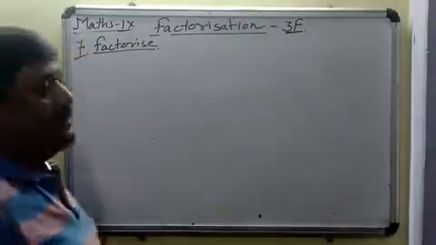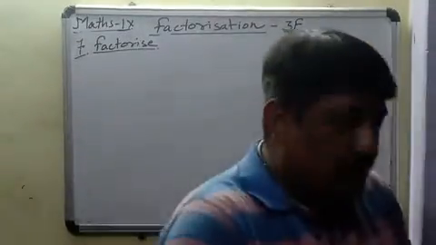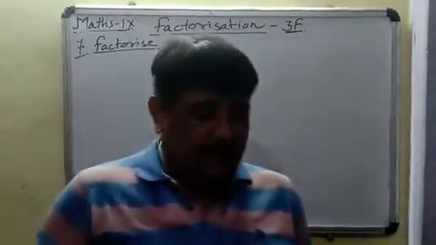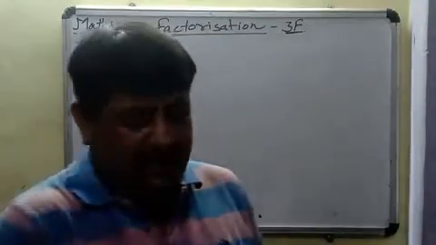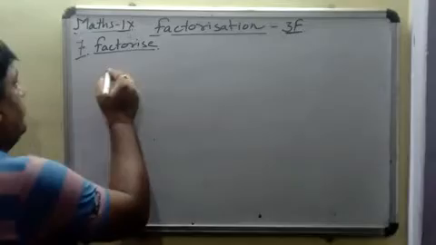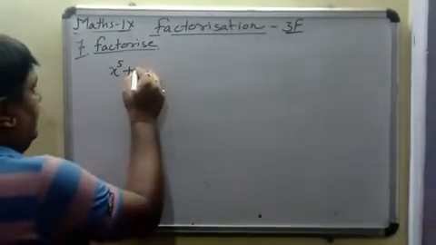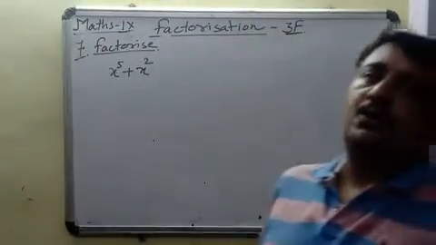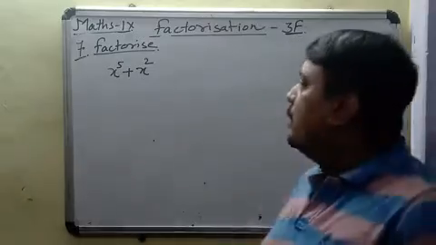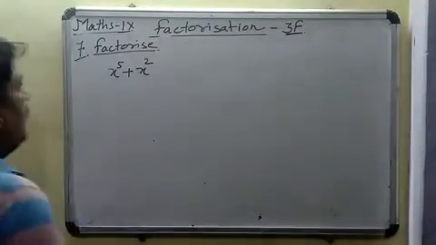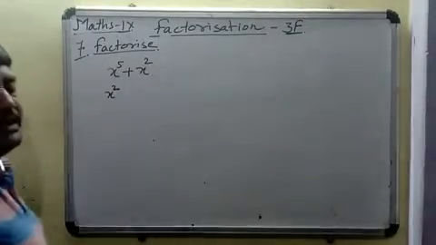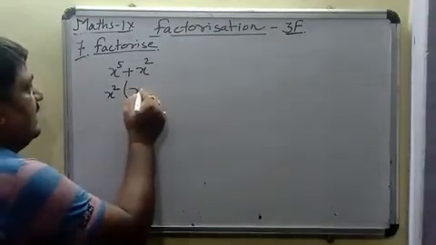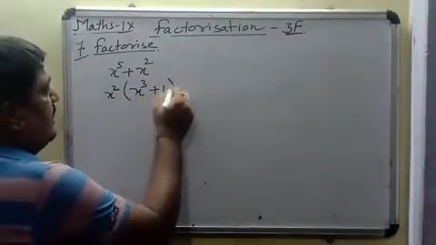One more question we have, the seventh one. It is a simple question, but I am telling you this question just because of one specific step. The question is talking about x power 5 plus x power 2. Now we do not have the formula for x power 5 or x power 2. It is not working. But one thing we can do is take out this x power 2 as common. If we take x power 2 as common, the things left inside the bracket will become x power 3 plus 1.